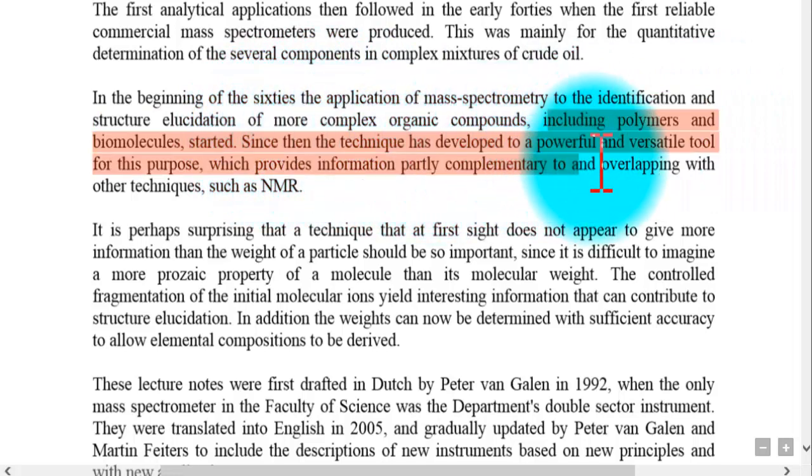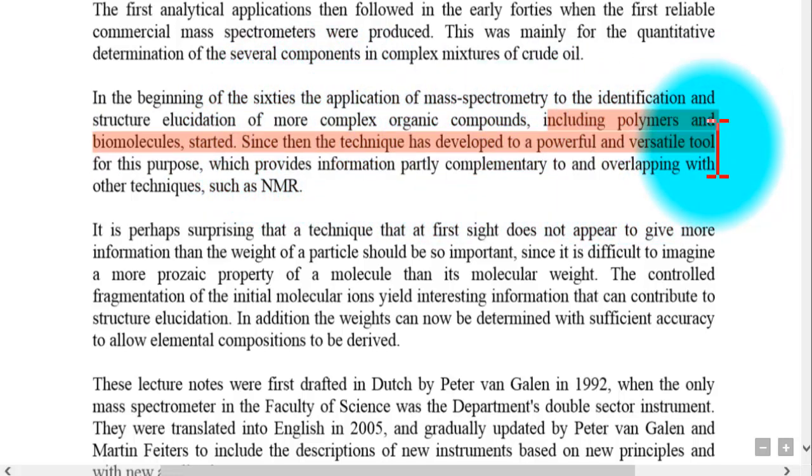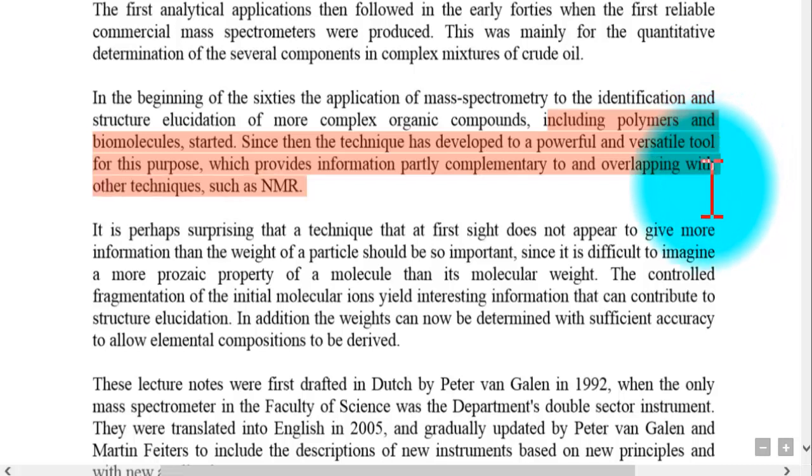Since then the technique has developed into a powerful and versatile tool for this purpose, which provides information partly complementary to and overlapping with other techniques such as NMR. If there is a Y at the end, as in spectrometry, it means a technique. If there is a meter, as in spectrometer, it is used as a